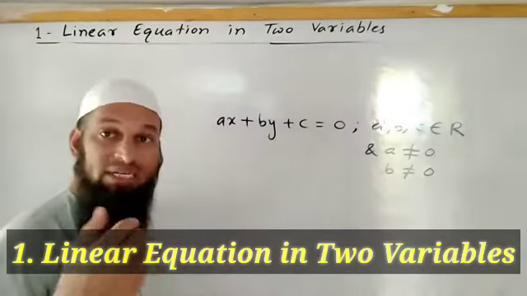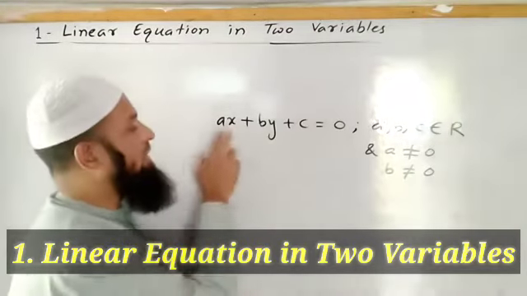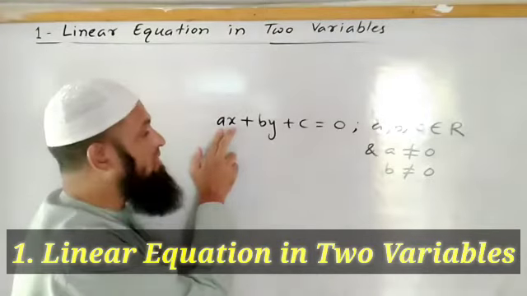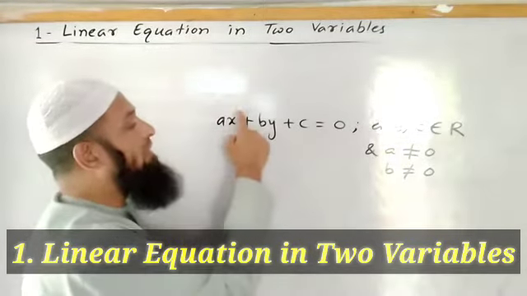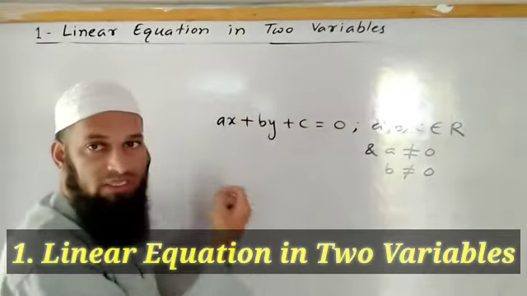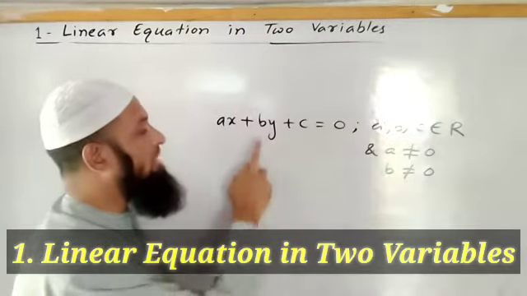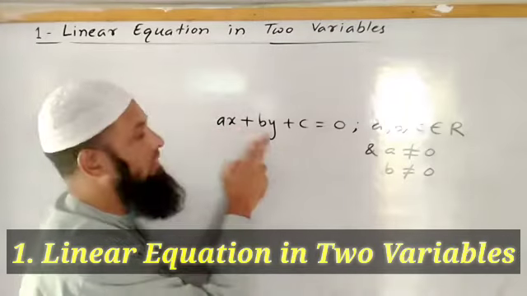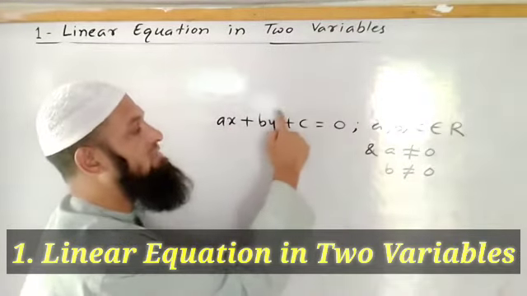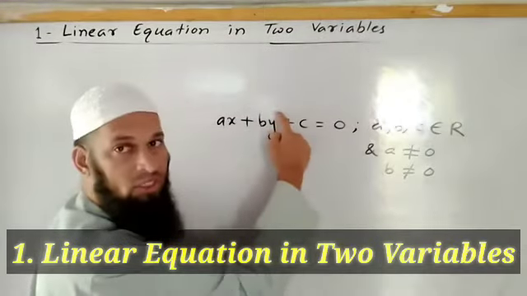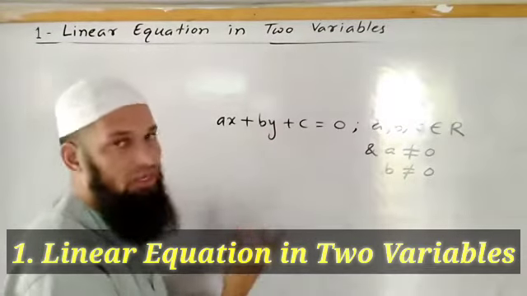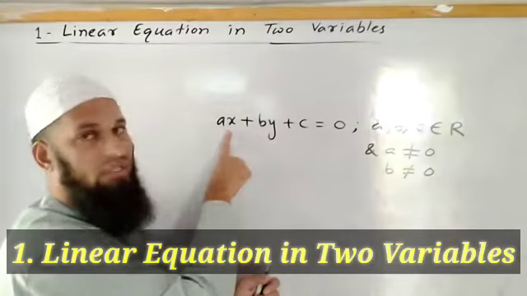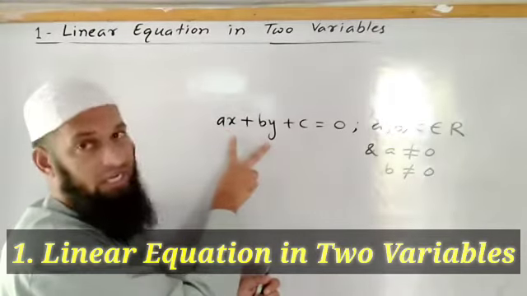So I will tell you what is the degree. Degree means what? Degree of this term is nothing but the power of the variable. So here x is variable, the power is not mentioned here, so we should consider it as 1. Here also, that's why the degree is 1. In this term also the power of y is not written here, so we should consider it as 1. So the power of y is 1 means the degree of this term is 1, degree of this term also 1, that's why it is linear equation.